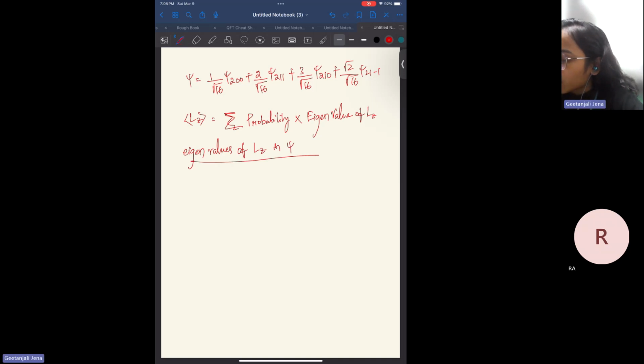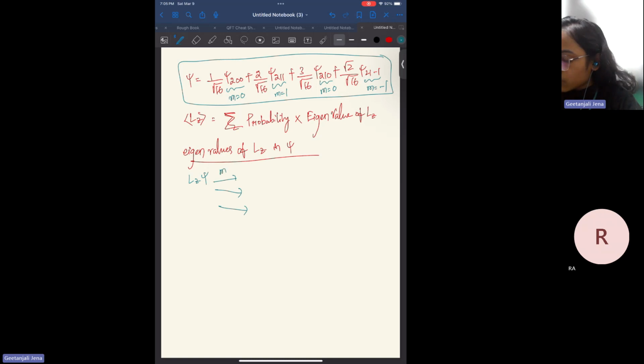So psi is given as, this is the state given. If you see the first term, m is 0, second term m is 1, third term m is also 0, last term m is minus 1. So that means when Lz acts on psi, it will give three values: mħ, so it will give 0ħ, 1ħ, and minus 1ħ. Now the probability of getting 0ħ is